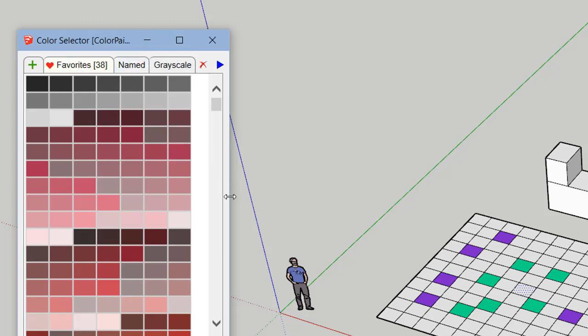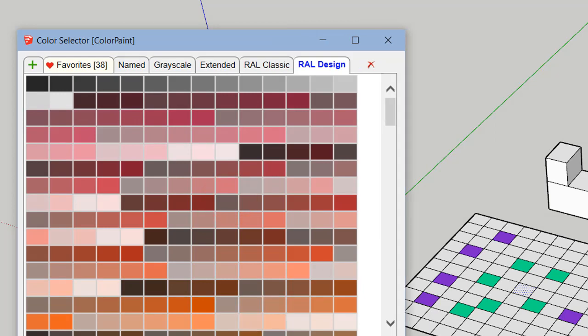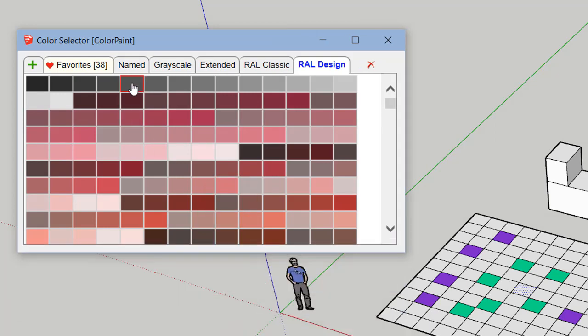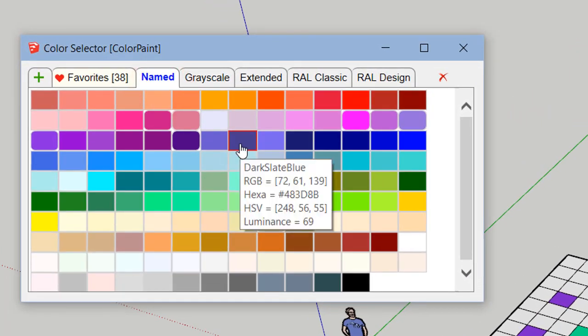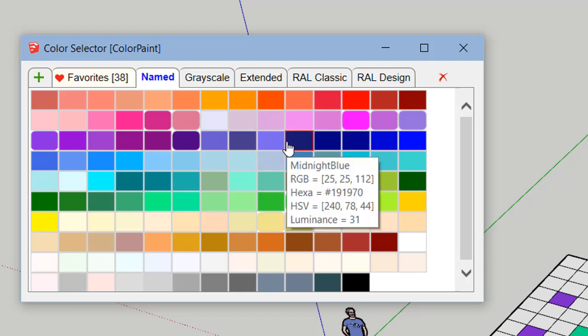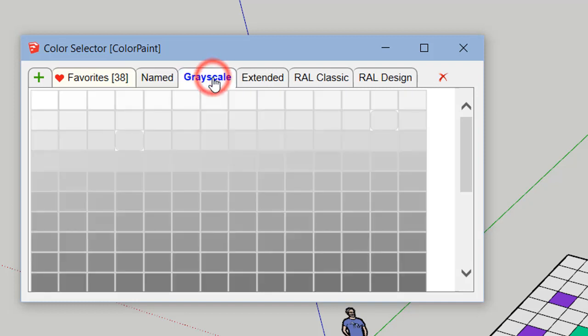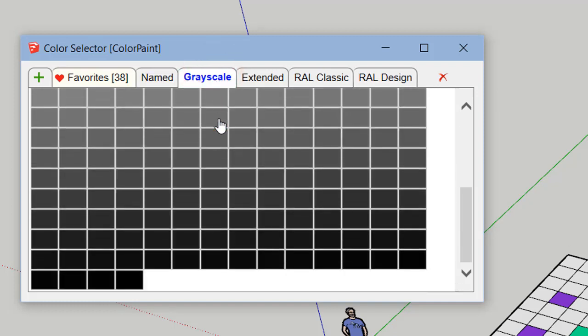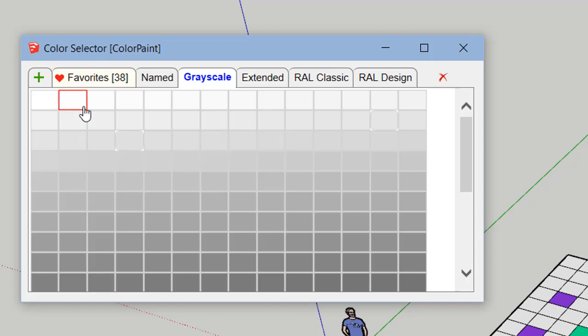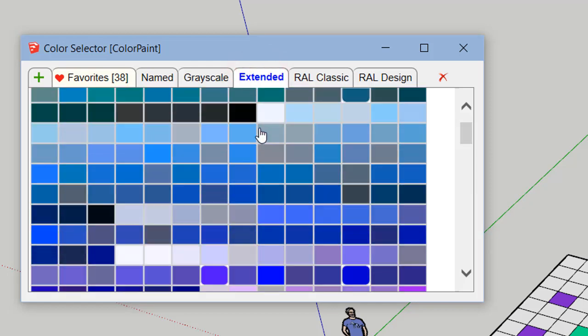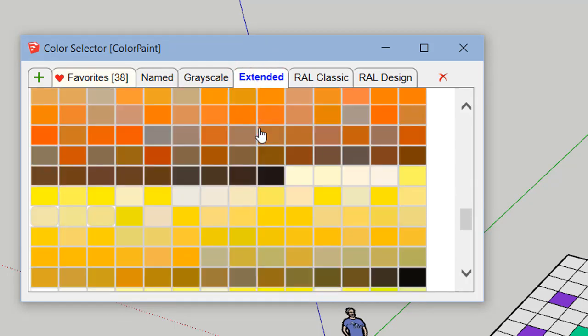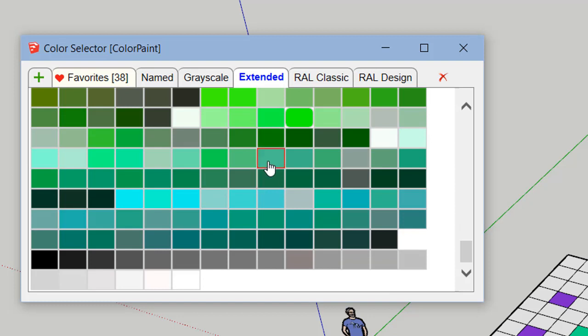So now let's review the predefined colors. The named colors are the colors with a name in the SketchUp material browser. Grayscale is a comprehensive coverage of all possible gray colors, and there are 255 grays. Extended is a much richer palette where all the colors actually have names.